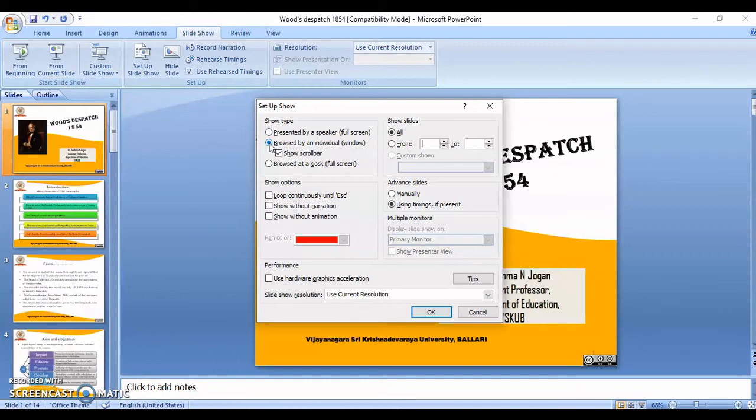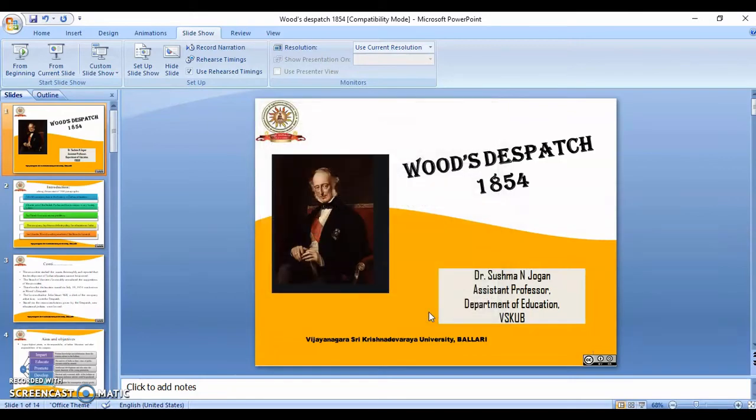Only then can we run the PowerPoint when we are teaching the lecture. So just click on browsed by an individual under the window tab. Click on OK. Once it is done, you can run your slideshow.